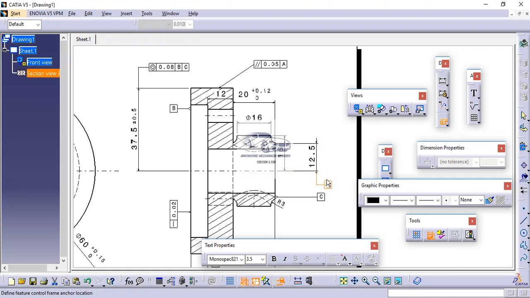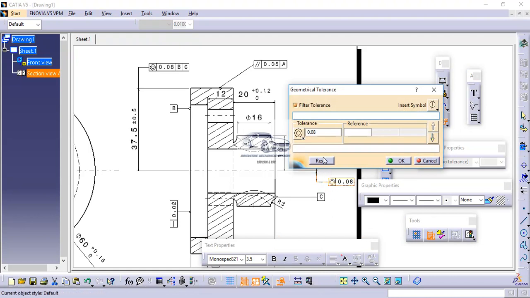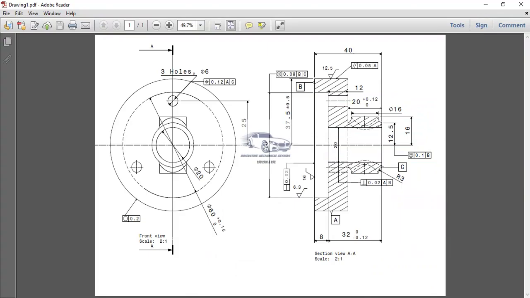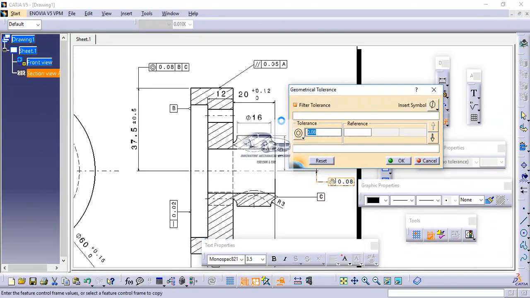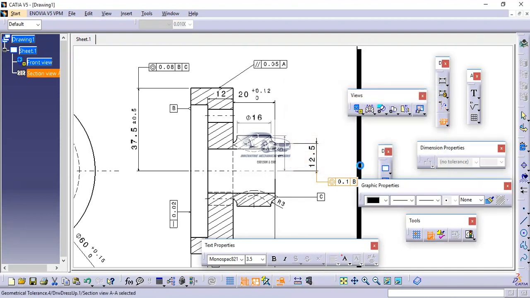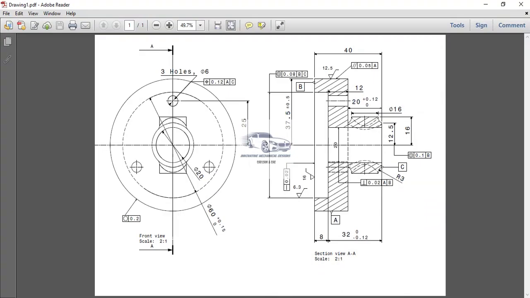I will select this particular line, then I will press shift. I will click here. So concentricity, the value is 0.1 with respect to B. So यहाँ पर हमें एक ही datum mention करना sufficient है, because this is also a datum, that is datum C.